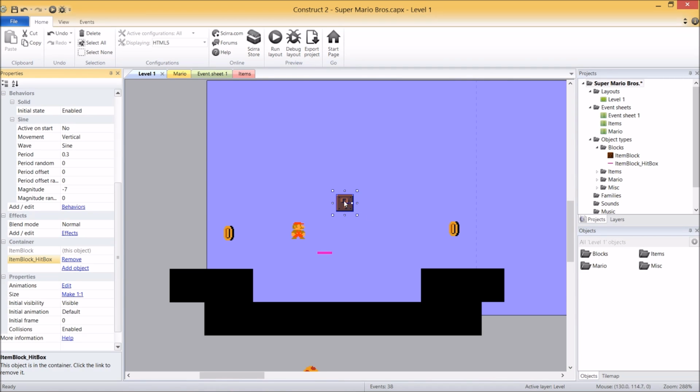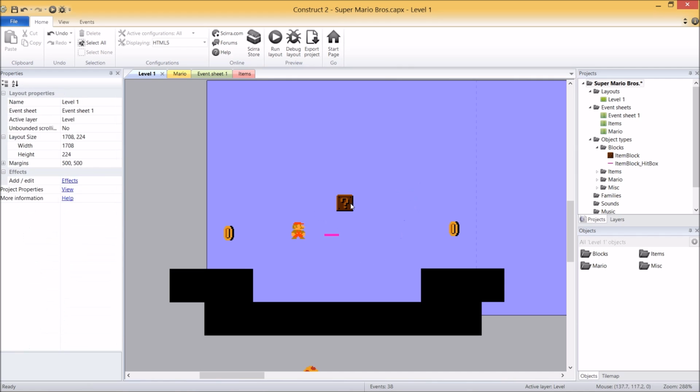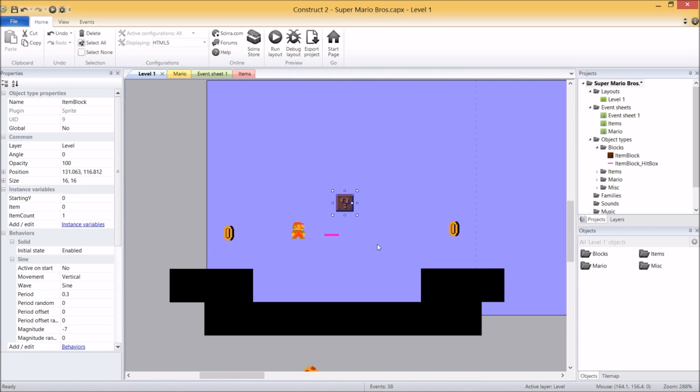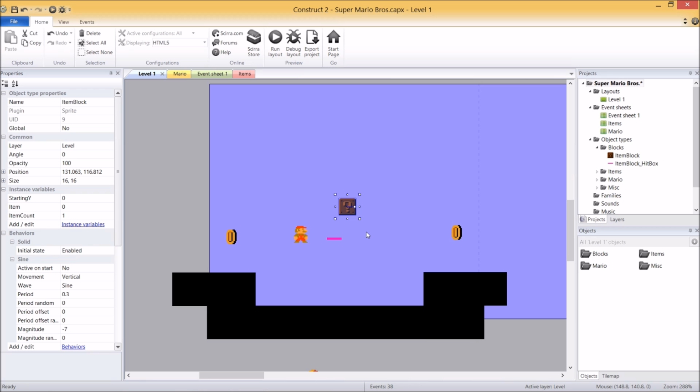So what that means is if I create 3 item boxes, it's automatically going to generate a hitbox for every single one of them. And the hitbox that's generated is associated to that particular item box. So this hitbox would be this guy, the second hitbox that gets generated would be this guy, and the third one would be this guy. Alright, so Construct does that automatically because we created a container, and that's what we want, because we want every single item block to have its own hitbox. So when Mario hits it, we know which item block was supposed to be hit. Alright, pretty complicated to begin with, but pretty straightforward to get going.